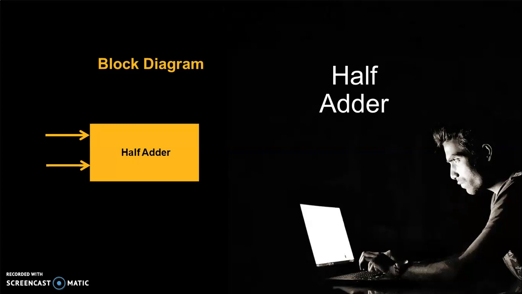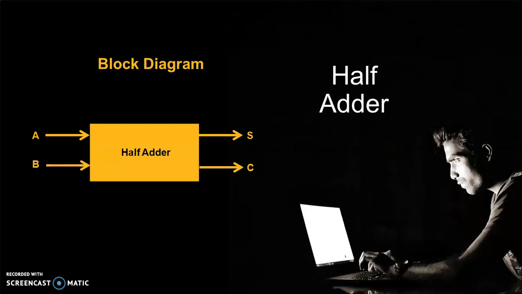So we have half adder, we have two inputs. At the input side we have two terminals and the inputs are A and B. Half adder will add A plus B, and at the output side it gives the addition of A and B, and that is known as the summation or sum. And in certain cases we have carry. So at the output side also we have two terminals, one for sum and one for carry. So this is the entire block diagram of the half adder.